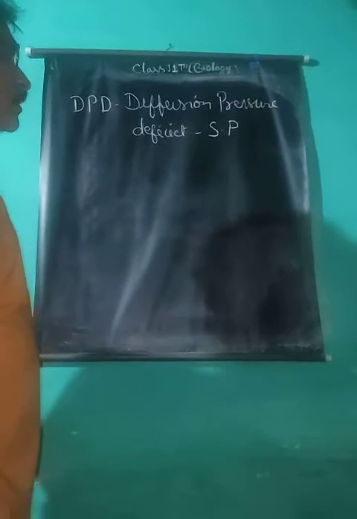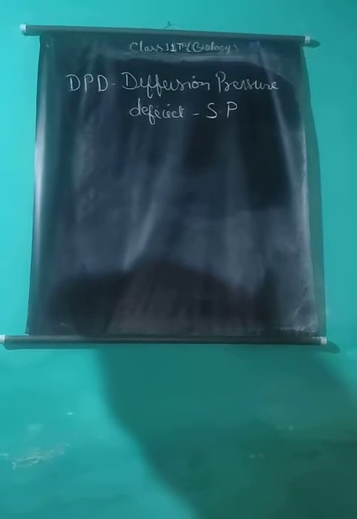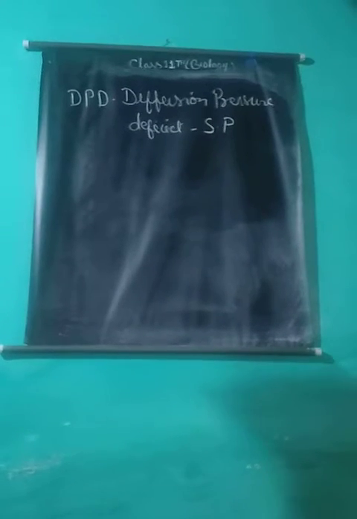The DPD is the index of absorbing power of a solution. It is also called suction pressure or SP. The pressure by which a cell absorbs water from the surrounding medium is called its suction pressure or diffusion pressure deficit. The terms DPD and DP were put forth by B.S. Mayer.